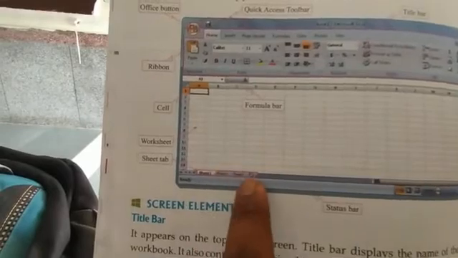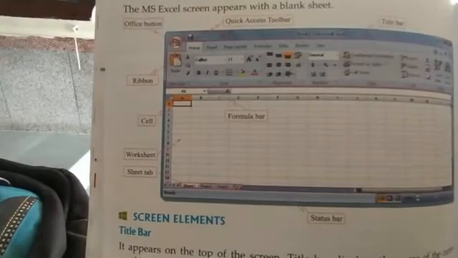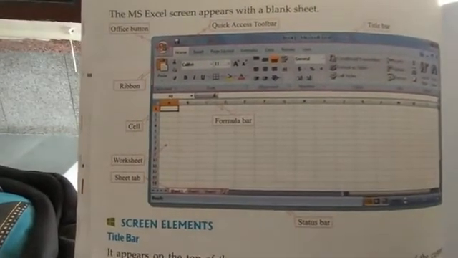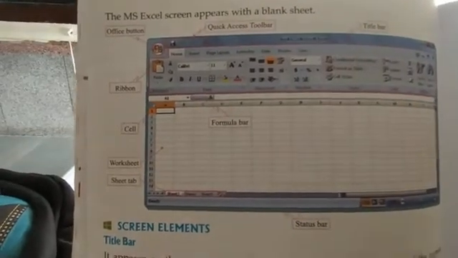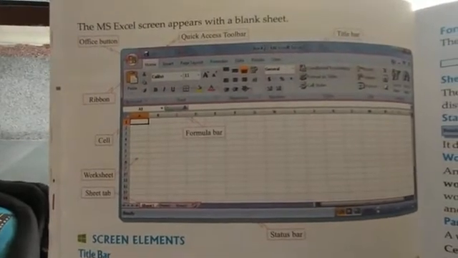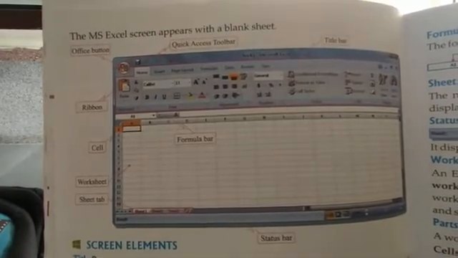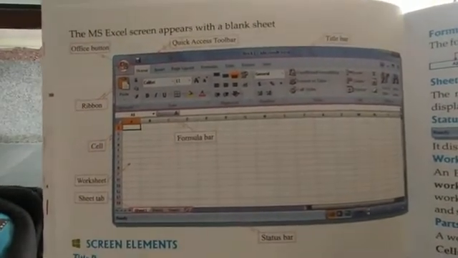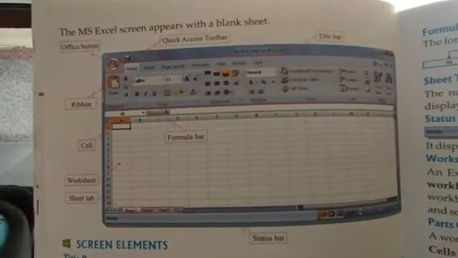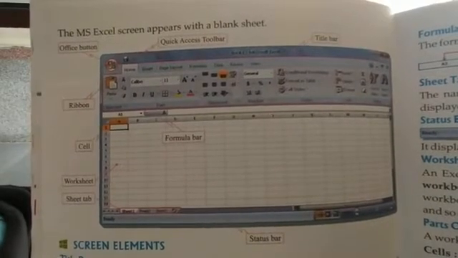You can add more sheets, because a workbook can contain one or more sheets. So you can work on multiple sheets in the same workbook. For example, a book consists of a number of pages. Similarly, a workbook consists of a number of sheets. So you can work with a single sheet or with multiple sheets, and you can add multiple sheets according to your requirement.